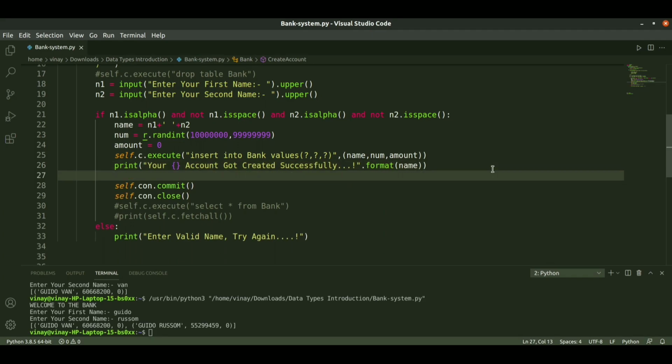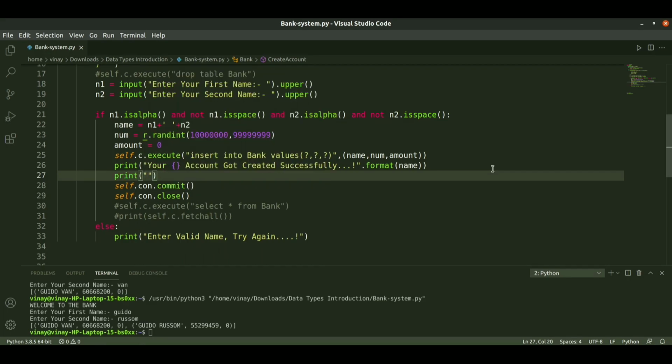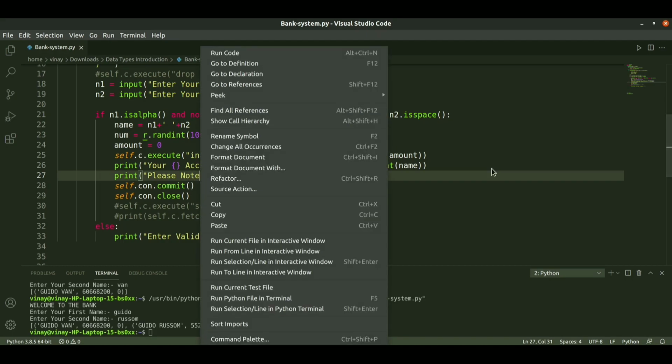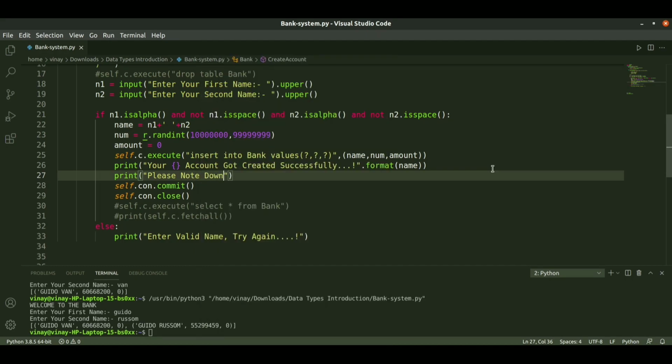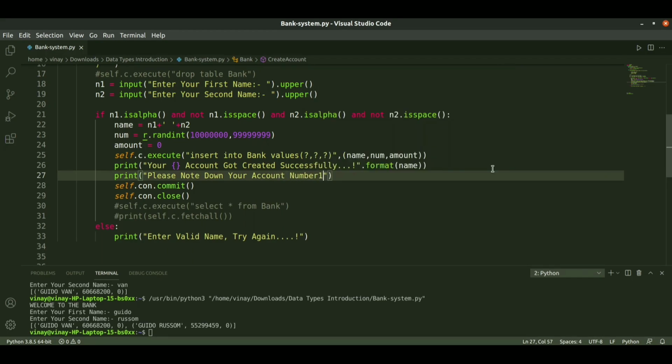And next we will print please note down your account number. After creating the account, the user needs to know his account number.